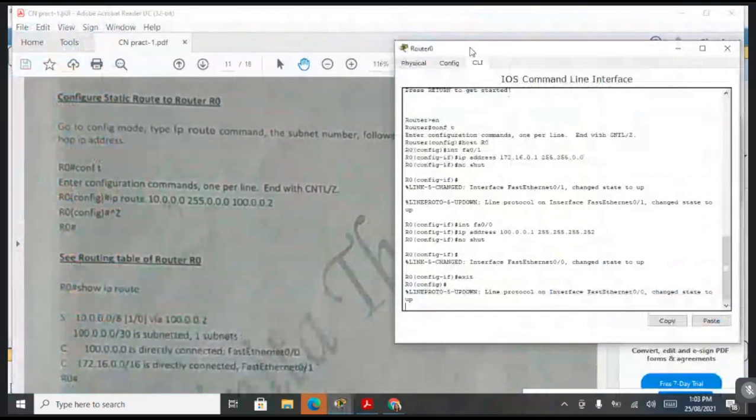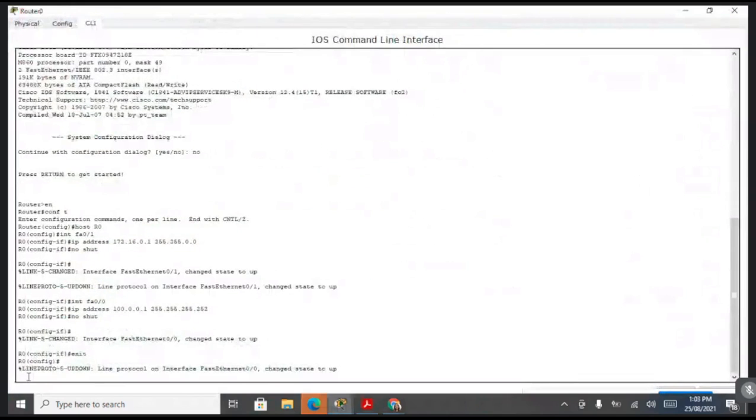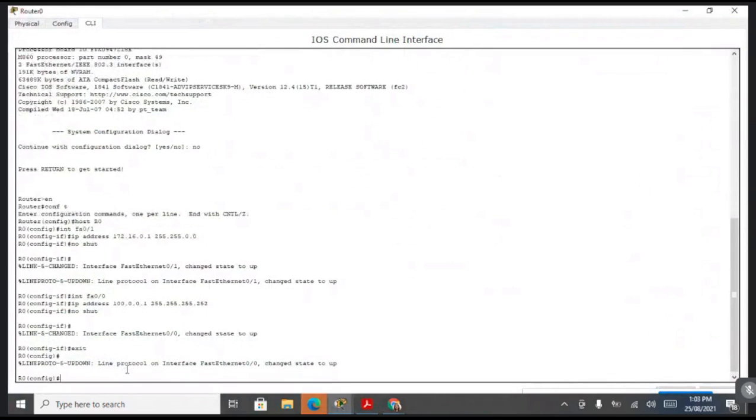On router 0, we can write here ip route. First is the subnet number, that is 10.0.0.2, then the mask, that is 255.0.0.0, and the next hop IP address is 100.0.0.1.